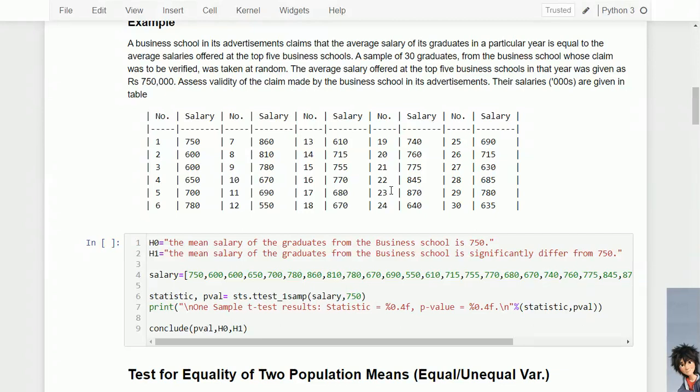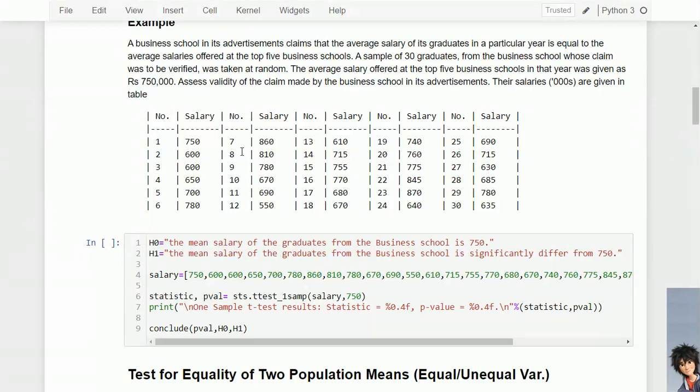One sample of 30 graduates from the business school whose claim was to be verified was taken at random. The average salary offered at the top five business schools in that year was given as 750,000. Assess the validity.